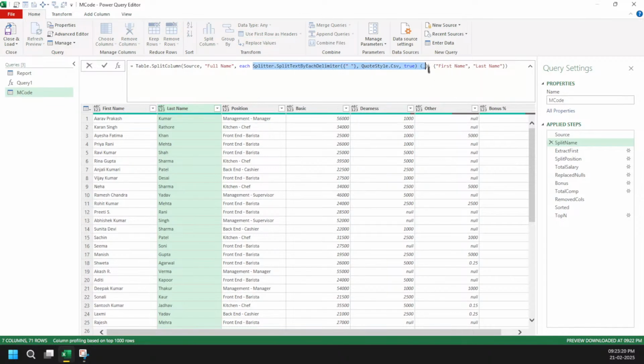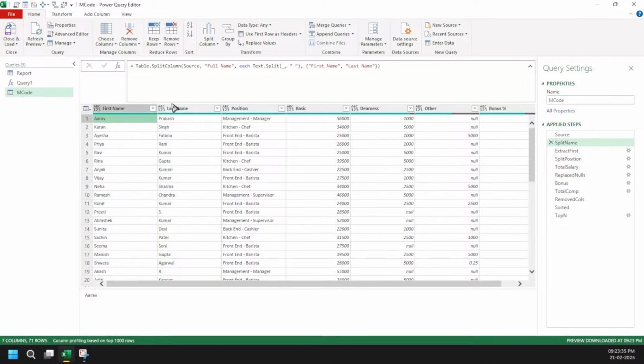So what I'm going to do here is I'm going to use a simple function, Text.Split, and just see. The moment I do here is split with my space, you can see I'm getting first name, last name, but my last name contains the middle name. Got it?